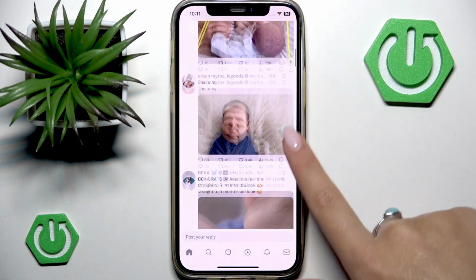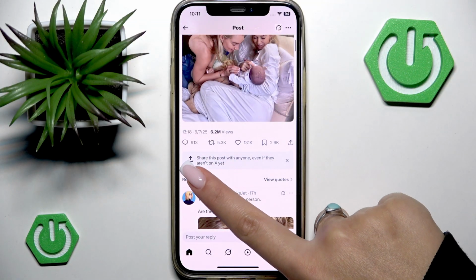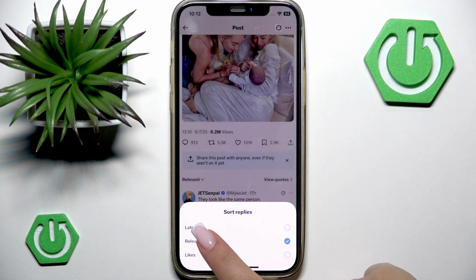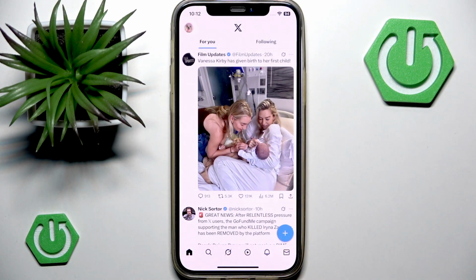post includes. And also you can sort those comments by tapping right here, and you can sort by latest, relevant, or likes. Yes, and also if you want to see your comments, your replies on X, then let's tap profile